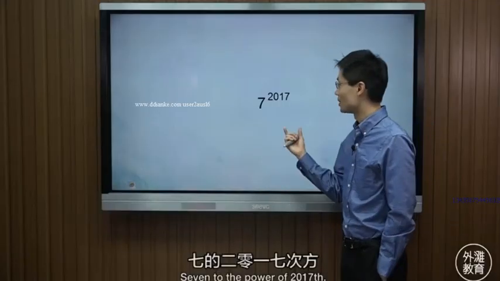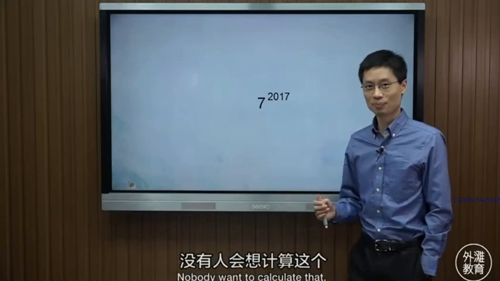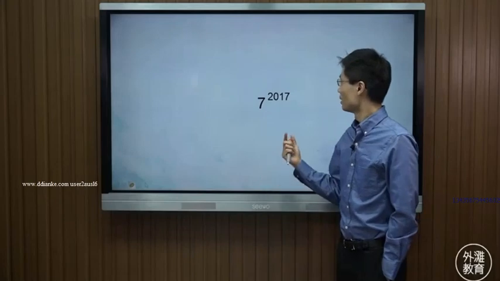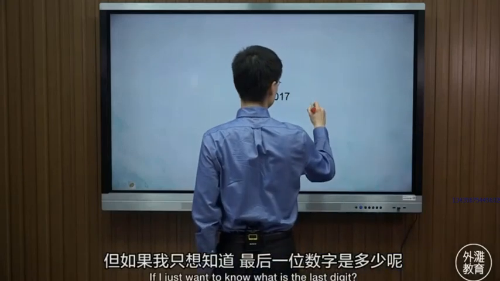7 to the power 2017. Nobody wants to calculate that. Probably not even a computer. If I just want to know what is the last digit,